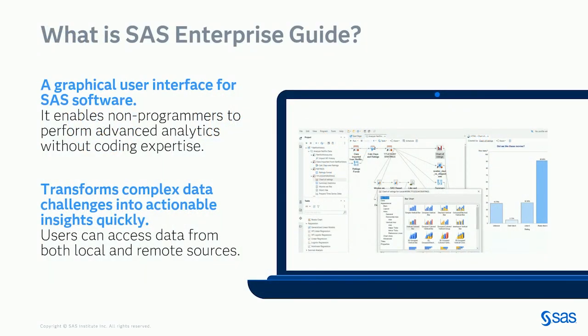A lot of times I assume everyone knows what Enterprise Guide is because it has been around for a long time, but I shouldn't assume that. Very quickly, Enterprise Guide is a graphical user interface to SAS. For a lot of folks, it is their window into SAS. It's a client interface that does ad hoc query and reporting, analysis. It has a lot of point-and-click tasks. So you have a low-code, no-code approach, but it also has a robust programming interface. So a lot of times we say it's the Swiss Army knife of clients at SAS. But ultimately, it is a productivity tool that allows you to get quicker outcomes faster.